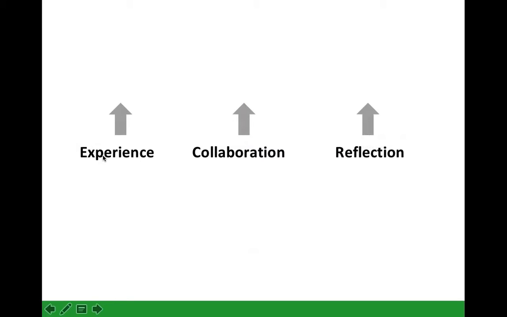and then increasing the amount of what I've heard called first-hand experiences. So rather than a trainer or an e-learning module or a resource talking about an experience or talking about an idea or process or procedure, the actual learner experiences it to be able to build a set of knowledge about it through reflection and collaboration